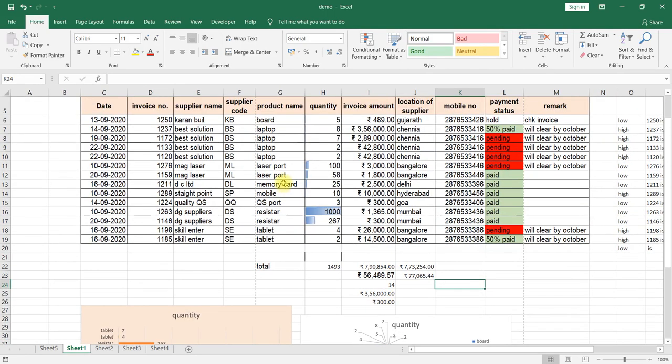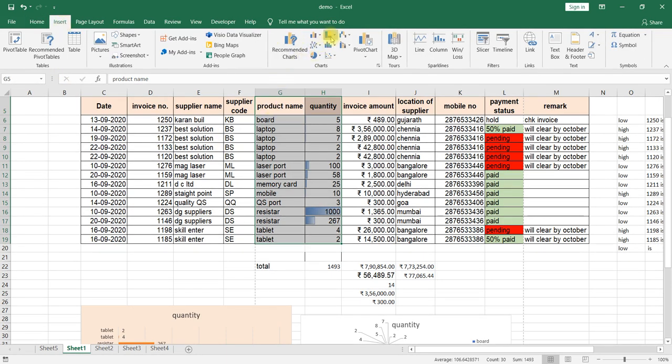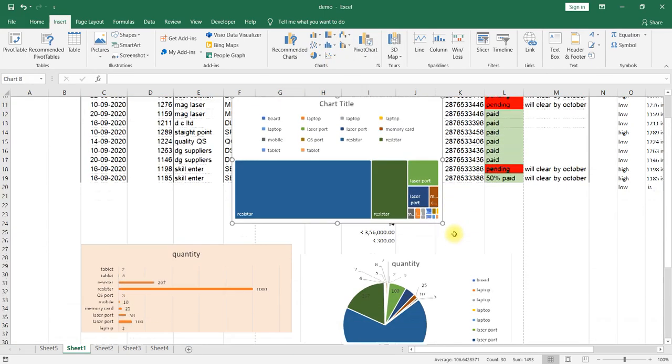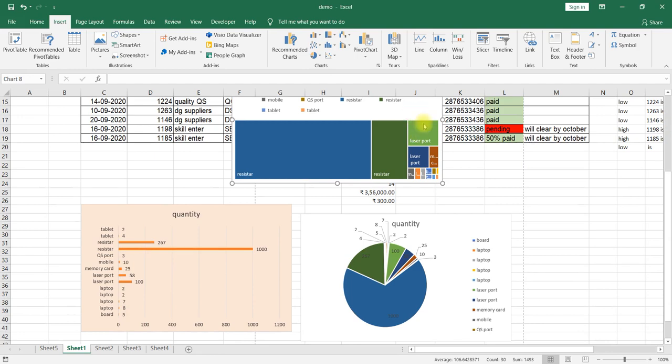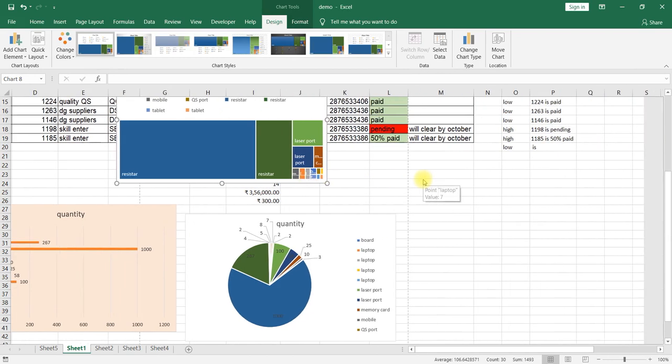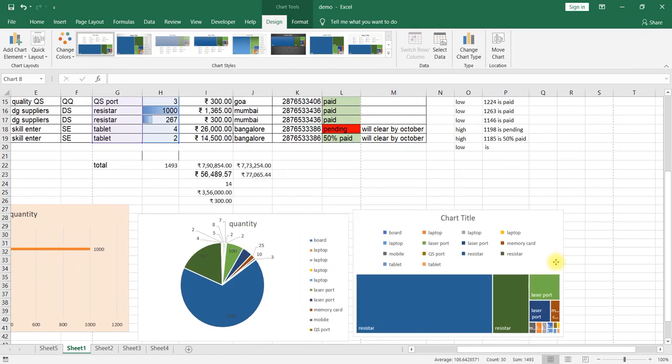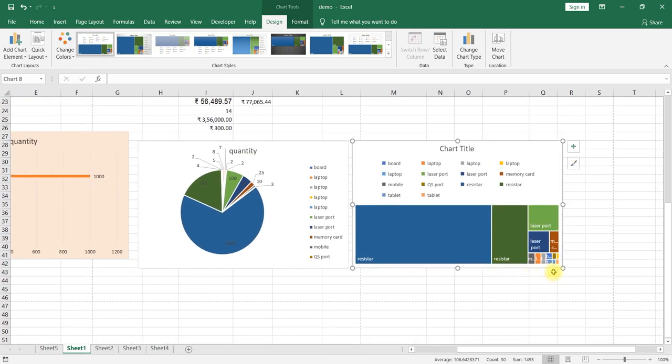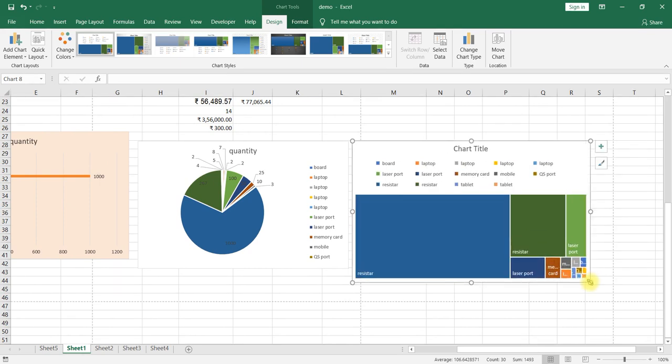One more chart we can insert is the tree map. Go to Insert, select a tree map, and here you can observe it. We can drag it to the right, and you can increase the size also. The tree map works based on quantity: the size of each box varies with the quantity.